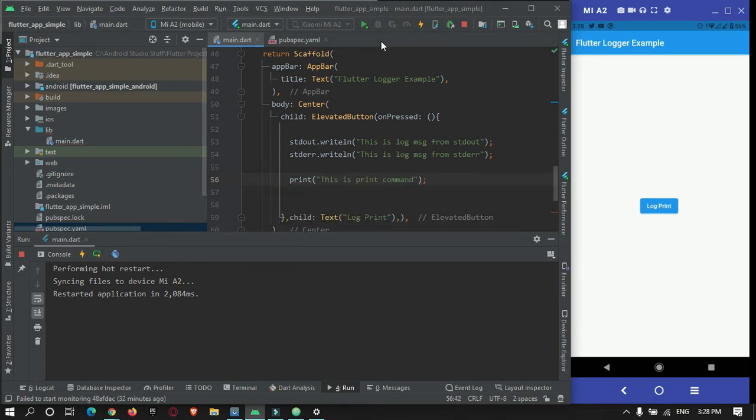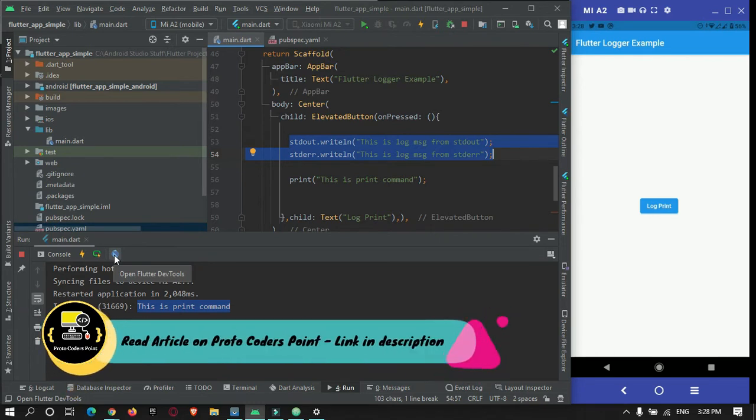So now if I run this app and I press on this log print button, you can see over here in our console it is printing. So this will get printed in your console itself, and this will not be shown in this other console. To check this, you need to go to Dev Tools.